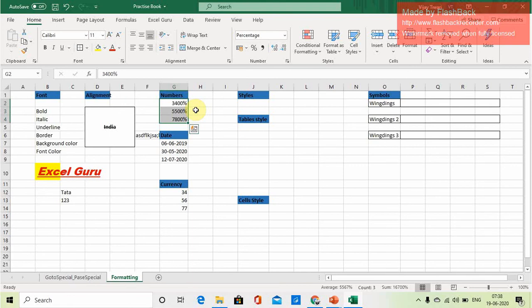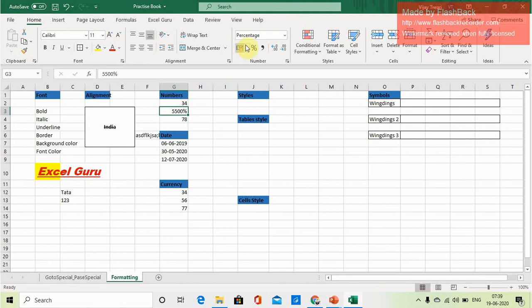If you want a normal percentage, there are two options. Either you write it in decimal, 0.34, then it will become 34%, or the other option is you divide it by 100, because when it is converted directly to percentage it will change like this.